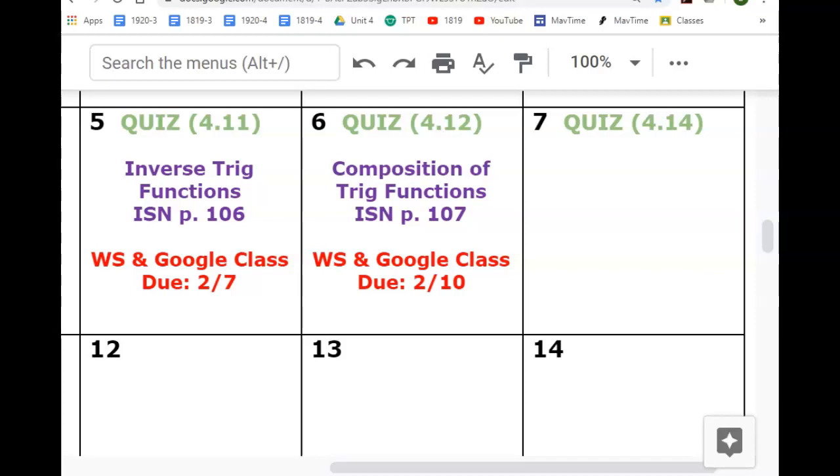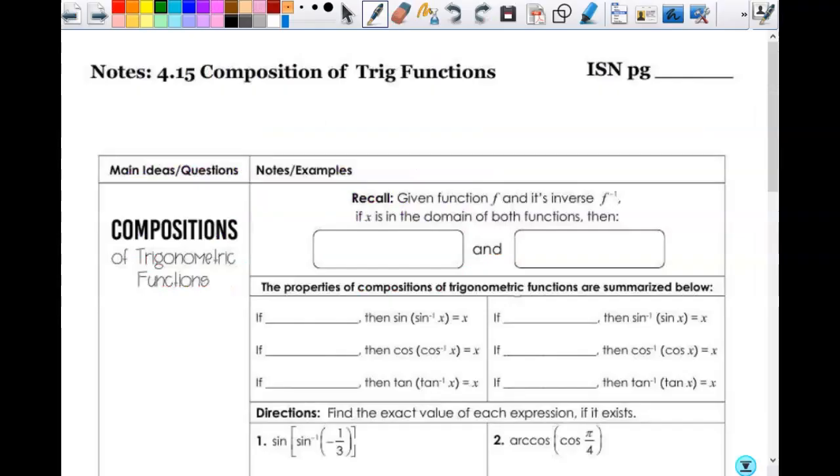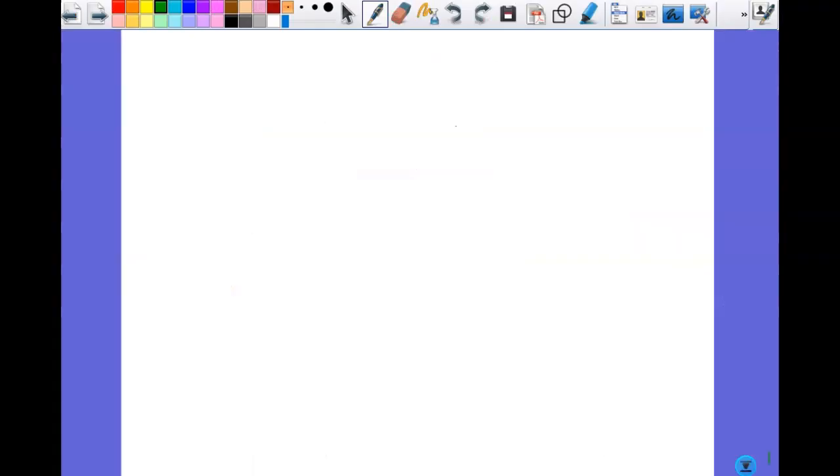All right, so today, before we get to what we are doing, we are going to review yesterday just a little bit. So remember, when we are doing the inverses, you only have a set number of